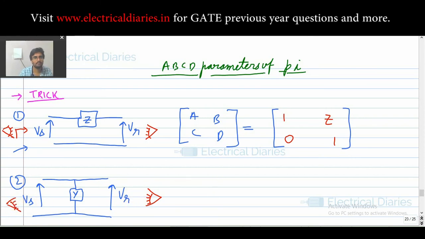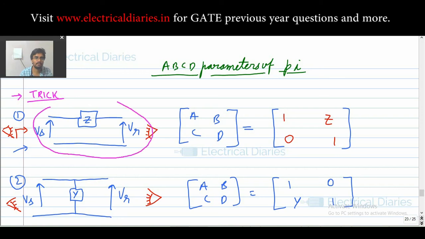So how will you write the ABCD parameters of such an element? It is symmetric, so A equals D equals 1, but here there is an admittance, so you will take your admittance as C. I am taking Y. Remember it is an admittance, and here B will be 0 as there is no impedance. So in any model of the transmission line, you just have to look for these elements.